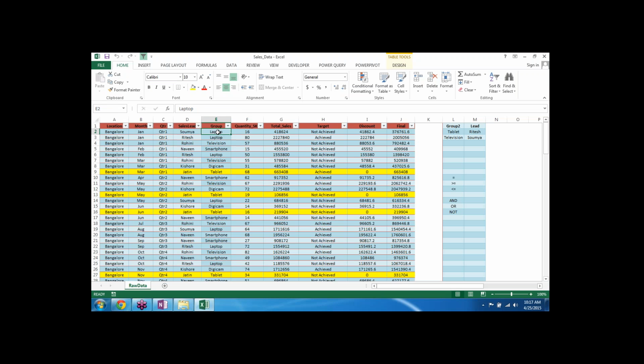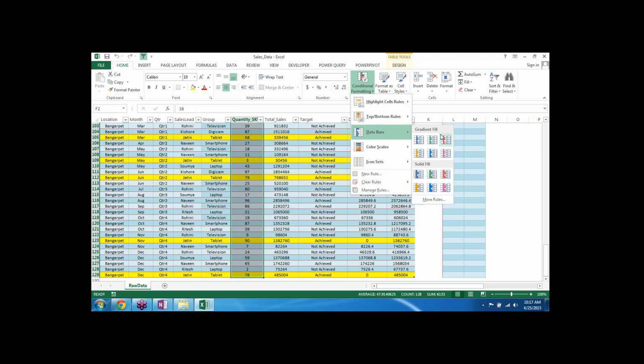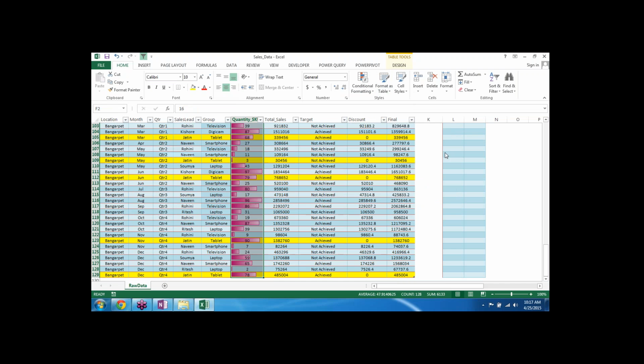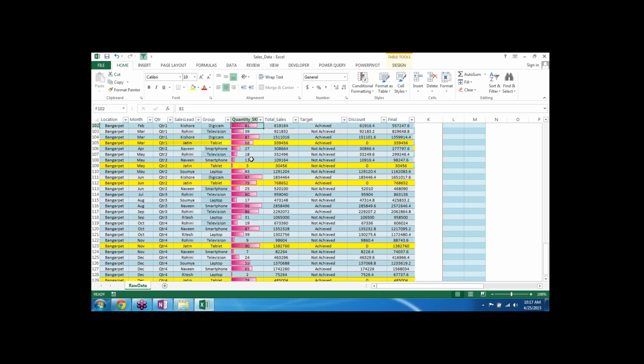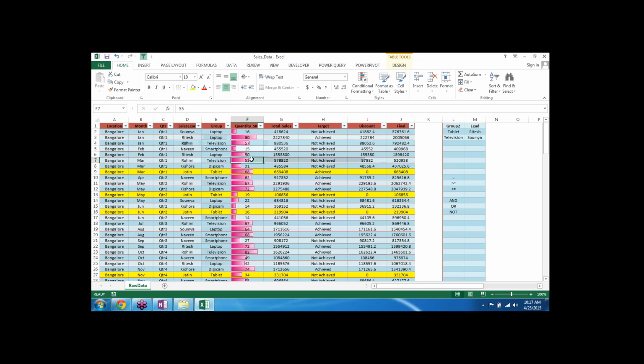Okay, so you just select this particular data and say data bars, and you select something like this. Any color you can select. Now what it shows is that this particular number 3 is actually a very low number compared to whatever data points we have for this particular group. So instantly, without using a graph or a chart, we can directly plot these kinds of things within the column itself. So this is one of the benefits of using conditional formatting.